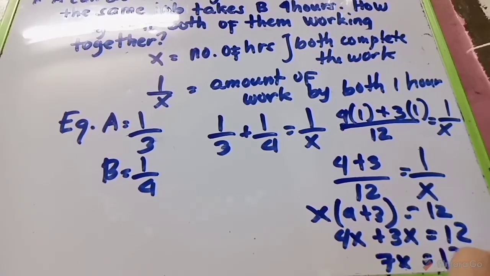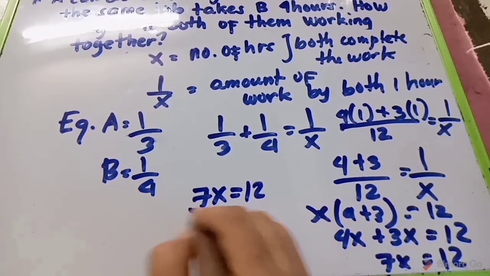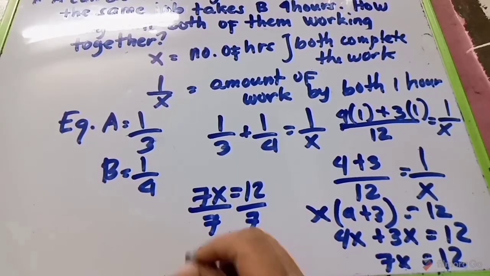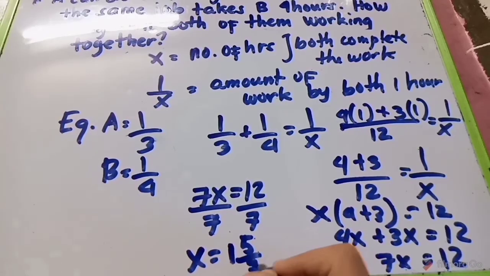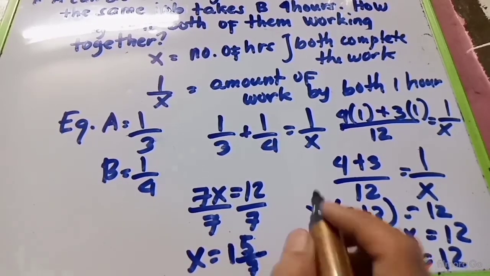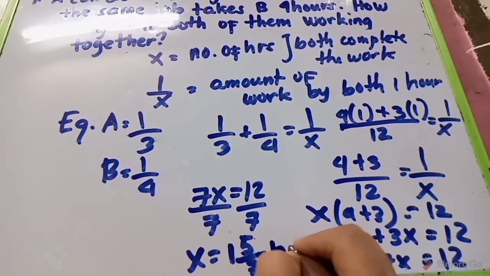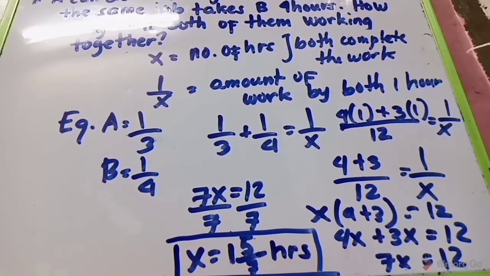is equals to 12. This is not yet finished. So 7X is equals to 12, divided by 7 on both sides. So 12 divided by 7. The answer is 1 and 5 over 7. So 1 times 7 is 7 plus 5 over 7. So this will be our final answer. 1 and 5 over 7. So this will be our final answer, our rational